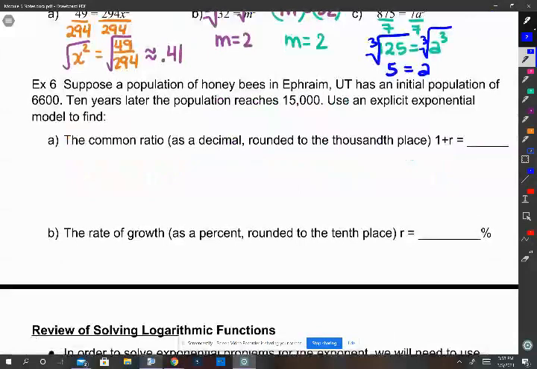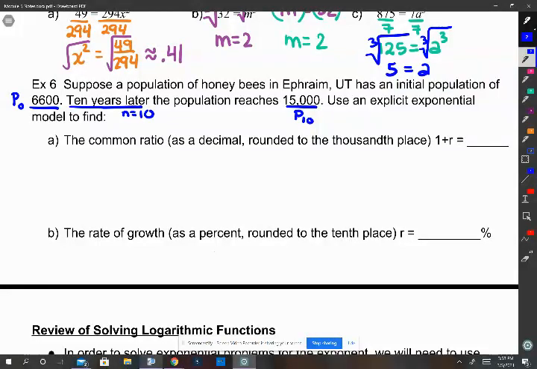And so as I look at example 6, it says, suppose a population of honeybees in Ephraim, Utah has an initial population of 6,600. So this is our P sub 0. 10 years later, the population reaches 15,000. So this is n is equal to 10. And this is going to be our P sub 10. And it says use an explicit exponential model to find the common ratio, which is the 1 plus r,